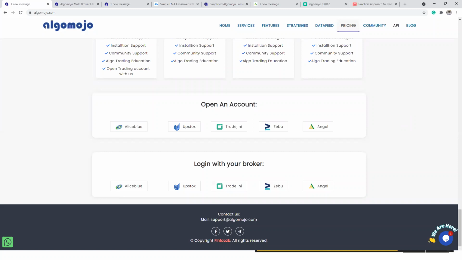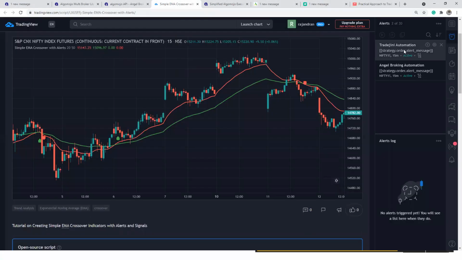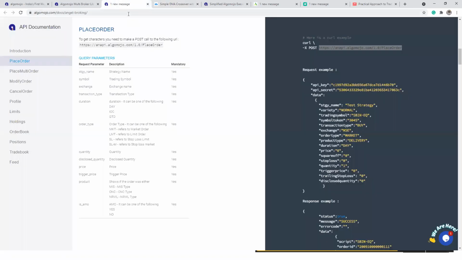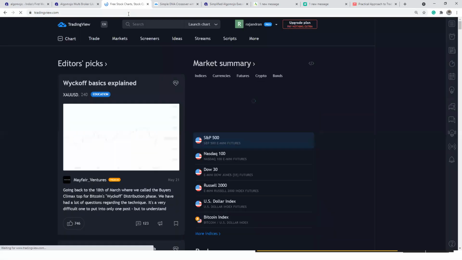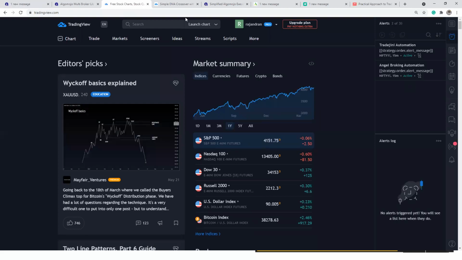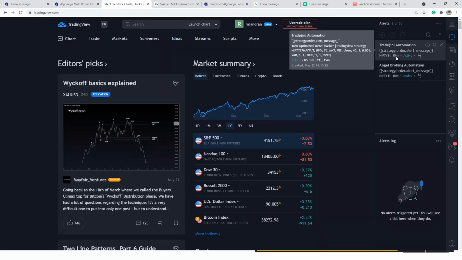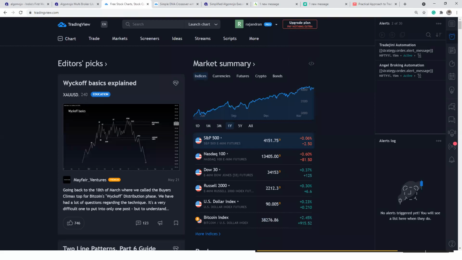So Arjit Das is asking, can we place orders in multiple brokers from the same alert, like placing orders in multiple Angel Broking accounts? Yes, it is possible. Let's say this is for one account. Now you go to the Algo TradingView platform, change the API key and API secret key, and run one more alert for a different account. Thereby, simultaneously you can send orders to different brokers. There are two ways you can do that. I'll tell you what the two ways are. One is using place order.